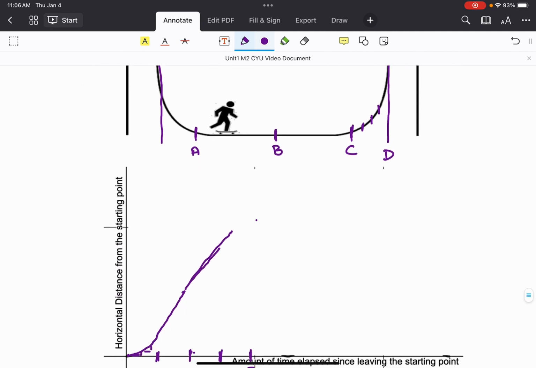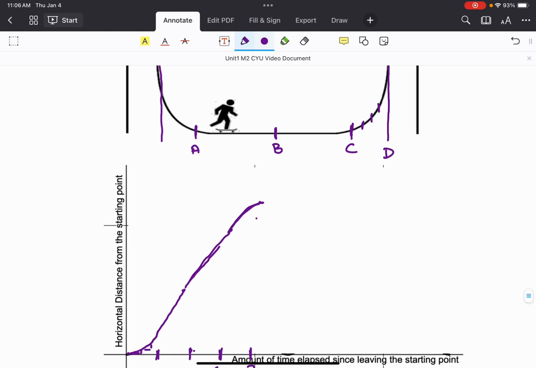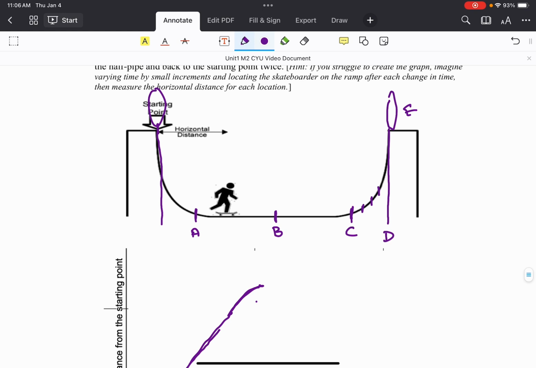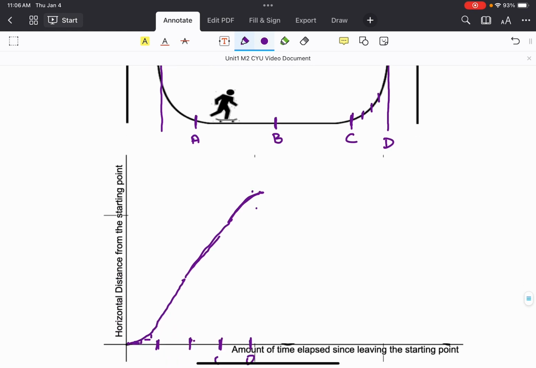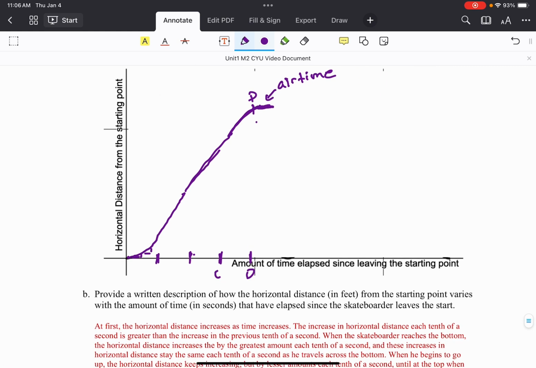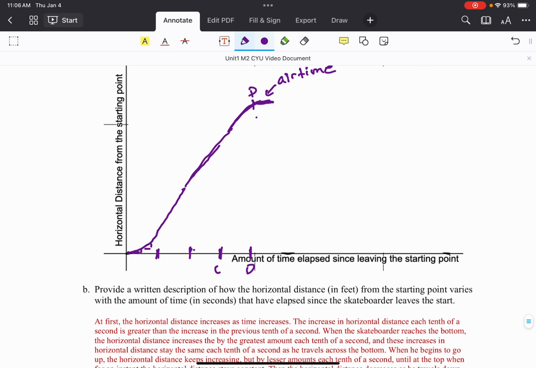And so we're going to have a flattening off. And then, in that moment, so this is like D, in that moment E, we get a flat piece where I like to think of this as your air time. And then we're going to repeat but we're going back towards the start. So our